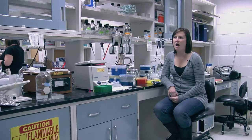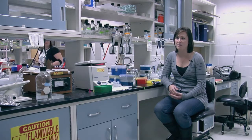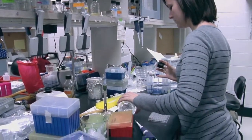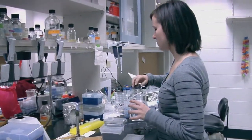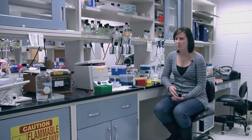Working in a research lab has taught me a lot. Not only has it given me the opportunity to work on techniques and experiments that I've learned in class, but it also helps me think like a scientist, think critically, and especially in BMB 498A, we have the opportunity to talk about whatever we want, discuss different papers that we choose, have debates on antibiotic resistance